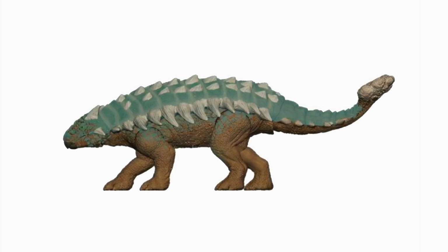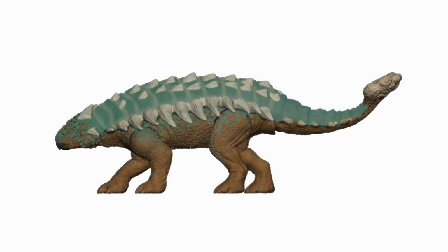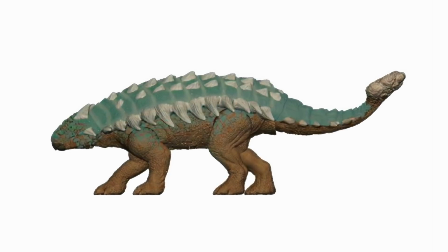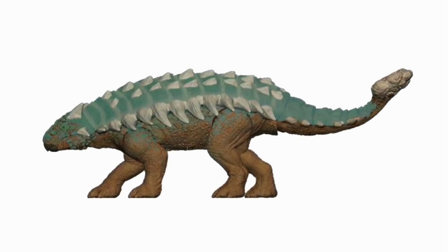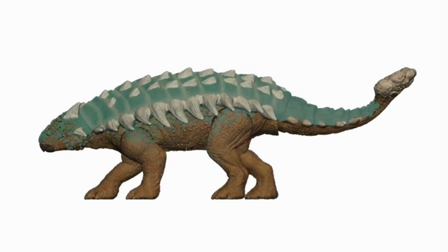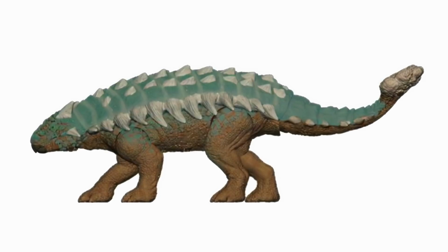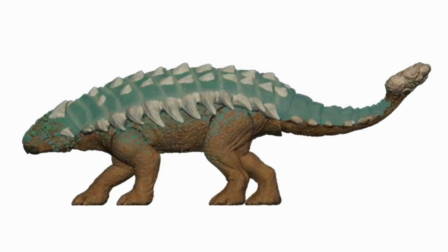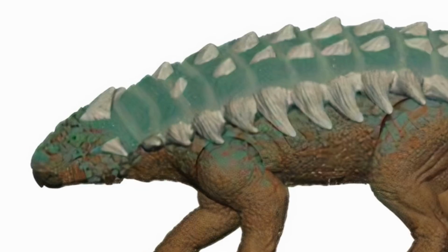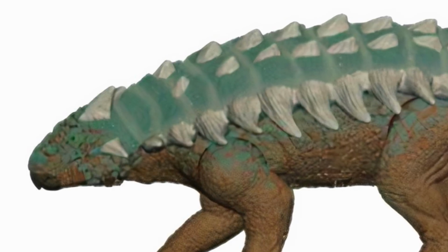It does look to be basically a repaint of the Roarivores version, though it could have some added action features like primal attack or something along those lines. But it doesn't look like it really lines up with any other Ankylosaurus design, be it Bumpy or something from the movie. We probably already have one that's pretty close to the movie, so this one is really just an opportunity for Mattel to re-release the Ankylosaurus with some colorations that line up with what it's doing with the rest